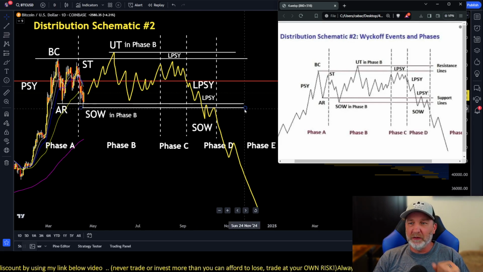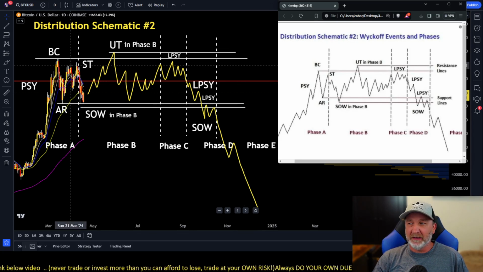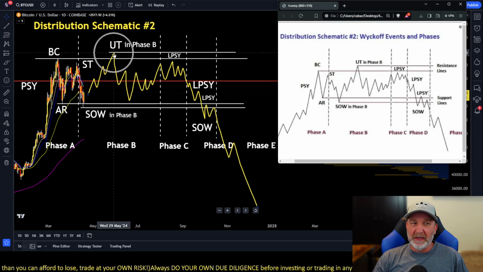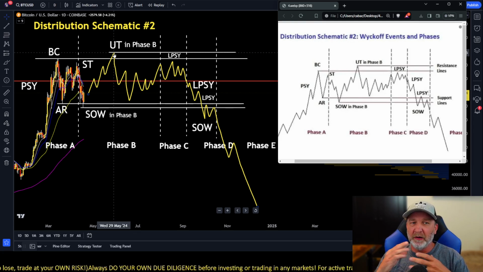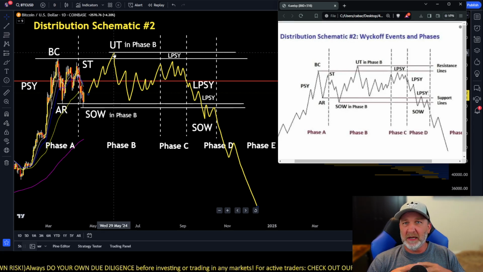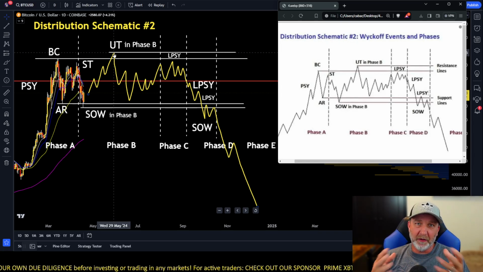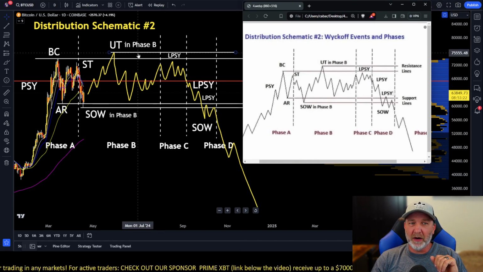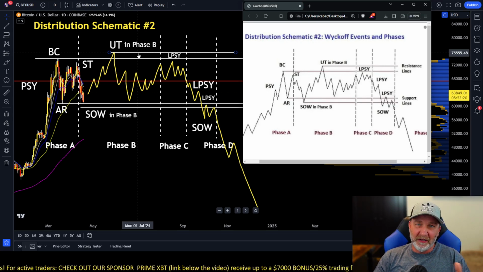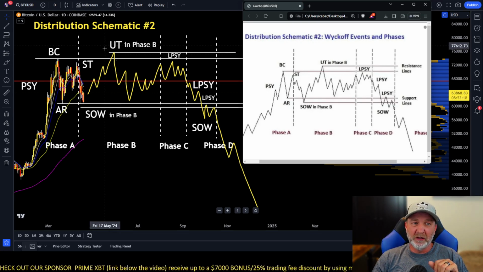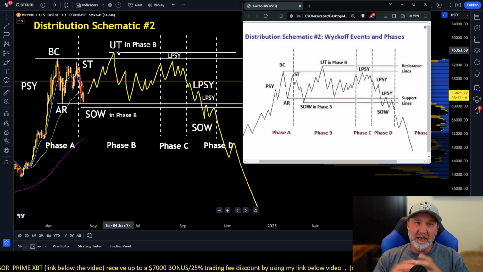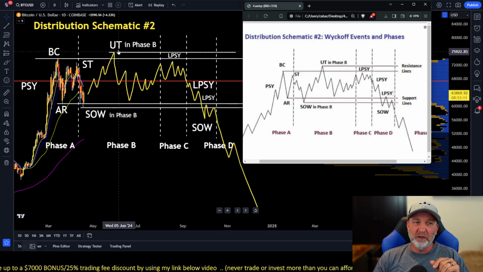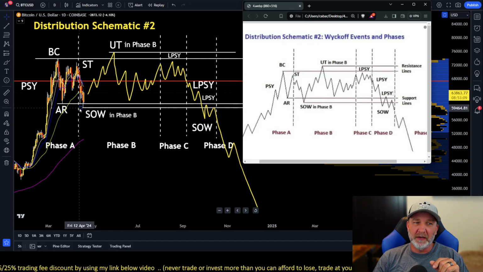So if that was the case, we have our upthrust right here in phase B, and that would be our final one, which would happen around the same time. This would be towards the middle or end of next month, May, would be your high, and this one here would get us to approximately 75 to 76,000 looking for. So either way, either schematic, the 75 to 76,000 range would be a good area to short up in here if